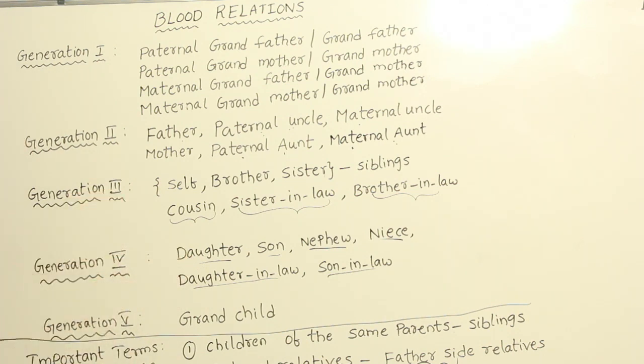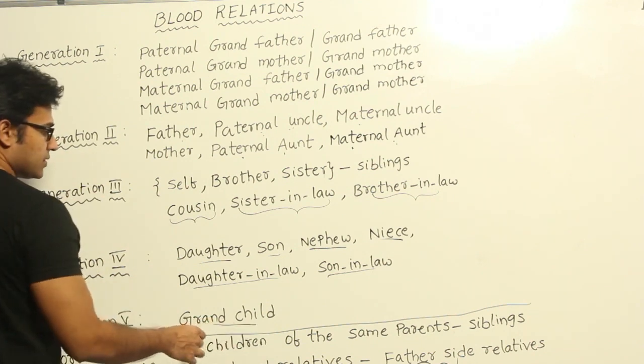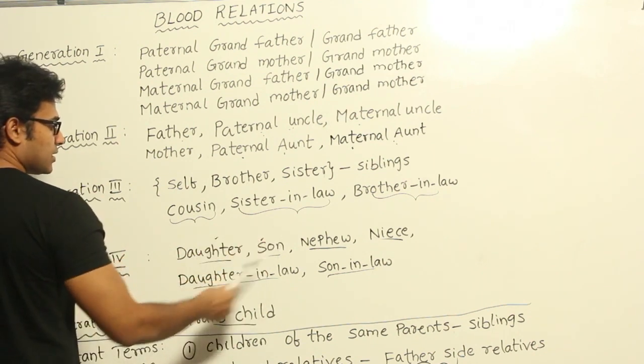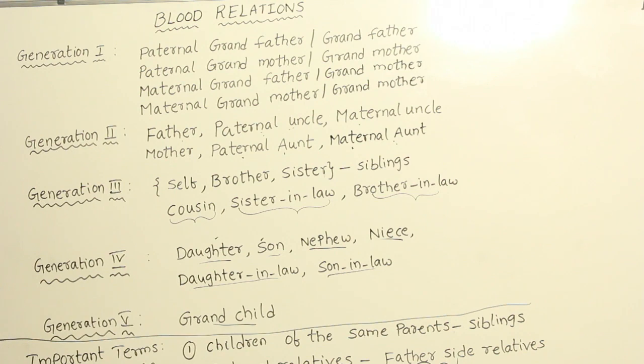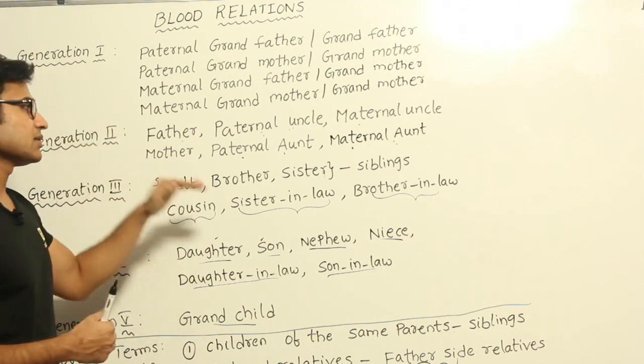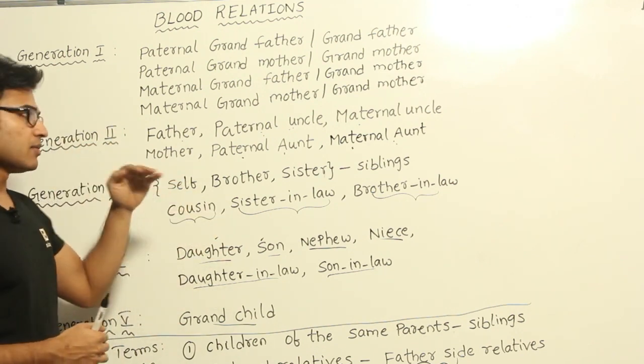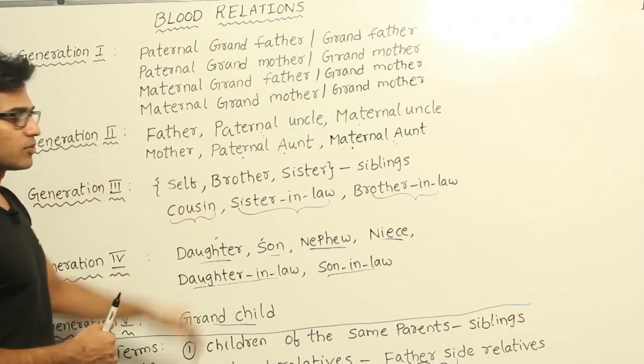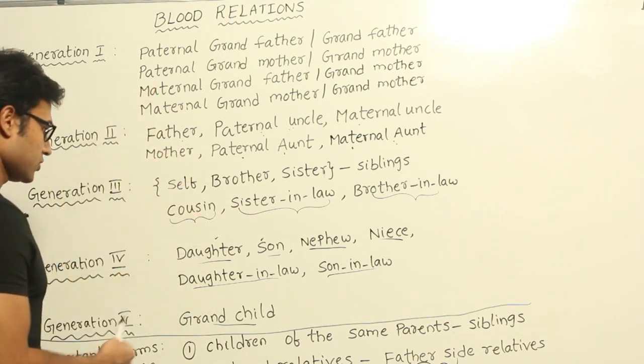And what about the next one? Grandchild. Grandchild means whoever your daughter or son has as a child, then you are going to call them grandchildren. Got it? So while discussing the questions, you will understand why this classification is important. We are going to use various levels, and at every level, based on where they fall, we are going to put them at various levels. We will see it shortly.